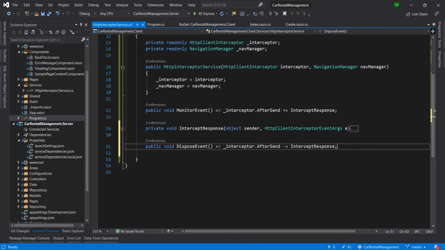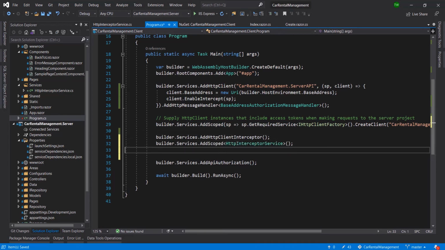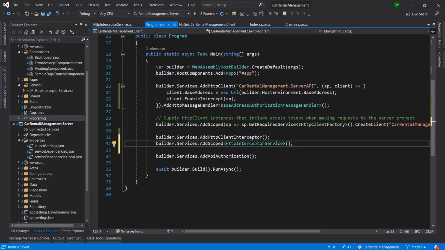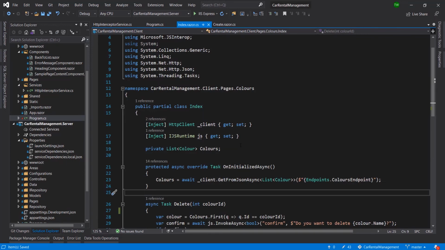All right. So after doing all of that, we are going to have to register in our Program.cs the fact that this service exists. So we'll do that underneath the AddHttpClientInterceptor, where we just put in AddScoped and put in the name of the file, of course, include any missing references. And then we're ready to go ahead and implement this whole service. So let us go back to our